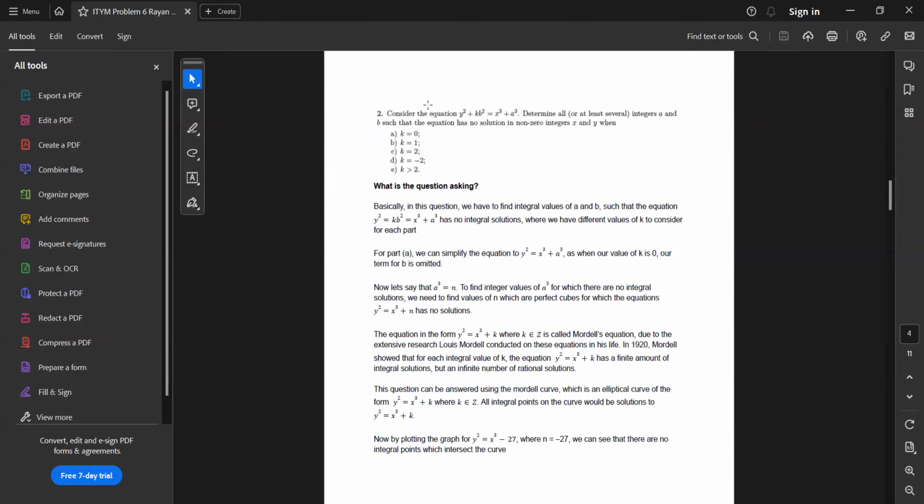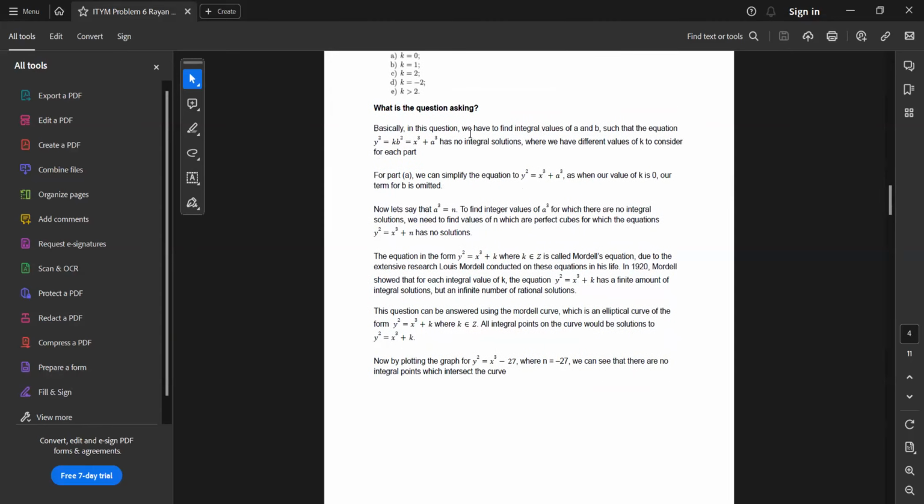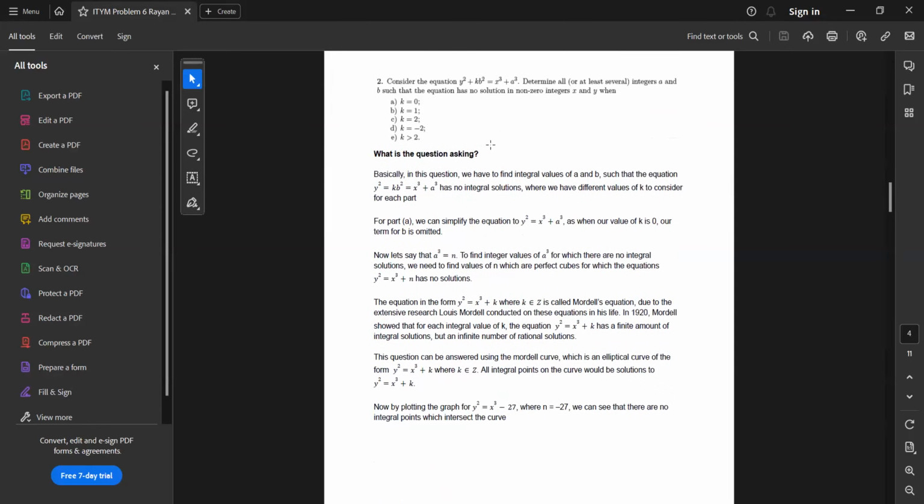फिर क्वेश्चन नंबर 2 के लिए consider the equation y square plus kb square is equal to x cube plus a cube, determine all or at least several integers a and b such that the equation has no solution in non-zero integers x and y। और फिर उसके बाद उन्होंने हमें डिफरेंट कंडीशंस दी हुई हैं फॉर डिफरेंट वैल्यूज ऑफ k। तो हमारा पहला पार्ट इस k इज इक्वल टू 0, दूसरा k 1 है, तीसरे में k 2 है, चौथे में k minus 2 है, एंड फॉर पाँचवें k इज ग्रेटर देन 2।